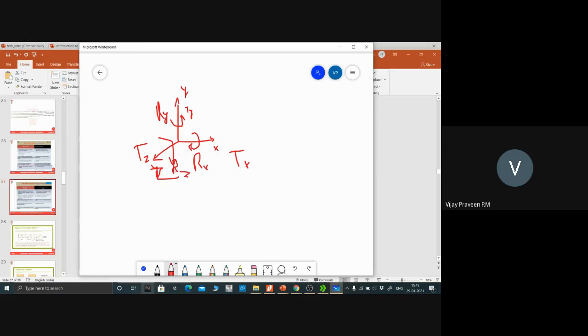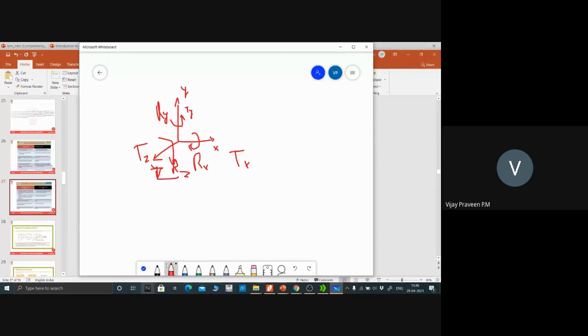6 degrees of freedom is given. What happened? If the 6 degrees of freedom are not constrained, it can freely move in any direction. What happened? It is not stable. Whether the mechanism works or not? No, sir. No way. It becomes free, so how will it work? It is like in a space. Simply it will float. That's all.